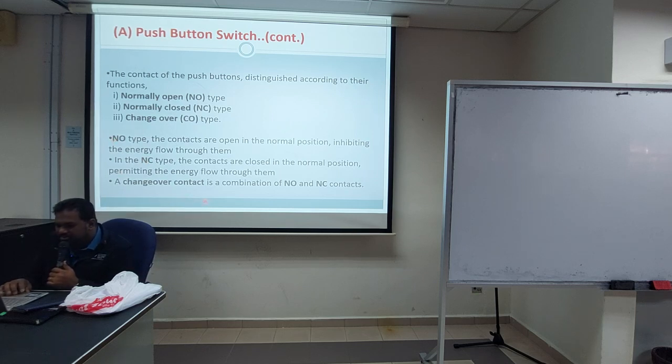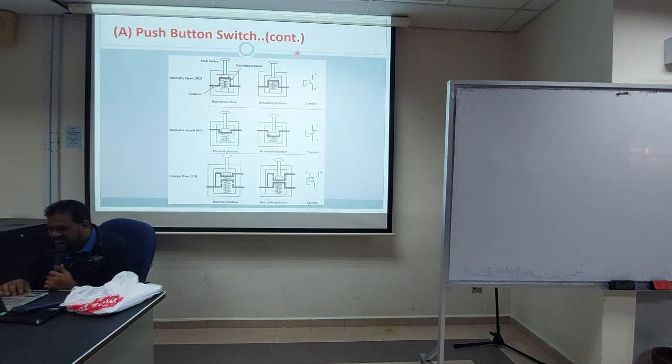Okay, so changeover contact is a combination of NO and NC contacts. So dia ada dua-dua lah. Okay, so you can see the symbol and the physical construction. Dia sama macam pneumatic juga. So ada push button, kemudian ada spring kat dalam. Cuma simbol dia berubah. Okay, so when you are creating an electro-pneumatic circuit, so dalam lab pun, so jangan ambil